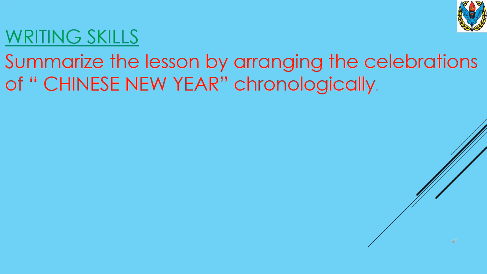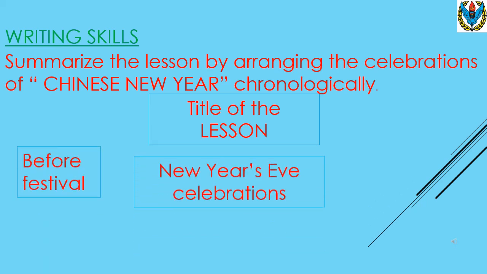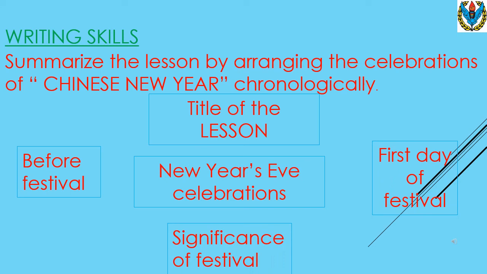Okay, so like you see, title of the lesson, it obviously is Chinese New Year, and before festival, New Year's Eve celebrations, first day of celebration, and significance of festival. You have to write about all the points mentioned in the lesson, like cleaning houses and new clothes, decorating their houses before the festival, and New Year's Eve dinner, making 8 or 9 dishes, visiting their relatives, and participation of the whole family in these celebrations, giving red envelopes filled with money to children and red packets to the unmarried members of the family, and exchanging good luck gifts, and the recipient cannot open the gift until he leaves the home of the giver,